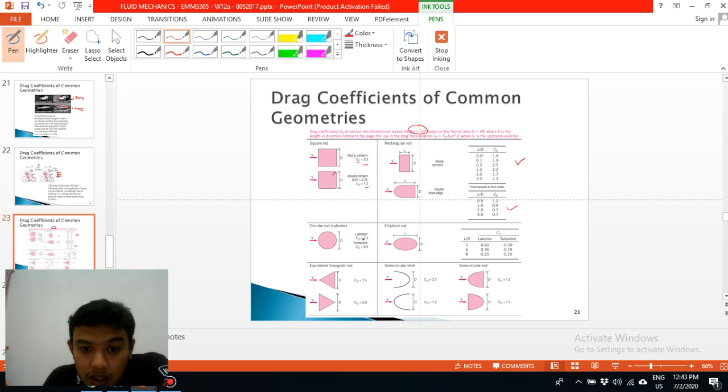Same as circular, for laminar is 1.2, turbulent is 0.3. For elliptical we use this table. There is a difference between laminar and turbulent due to L over D. Okay,